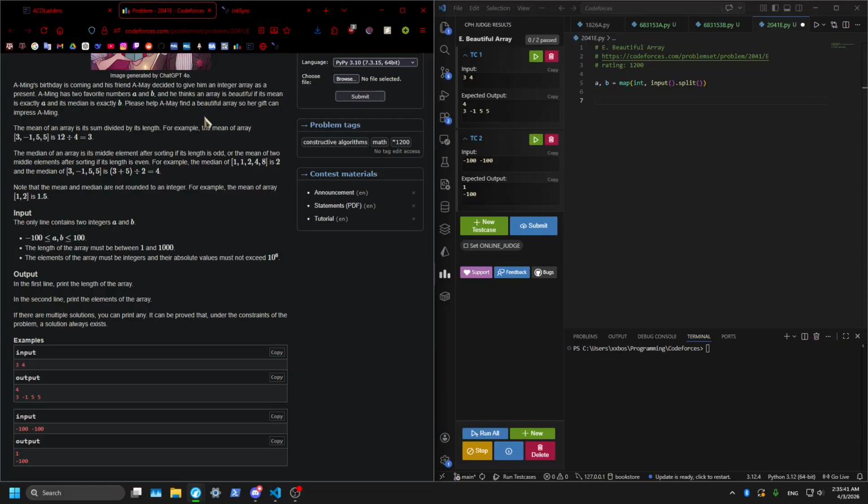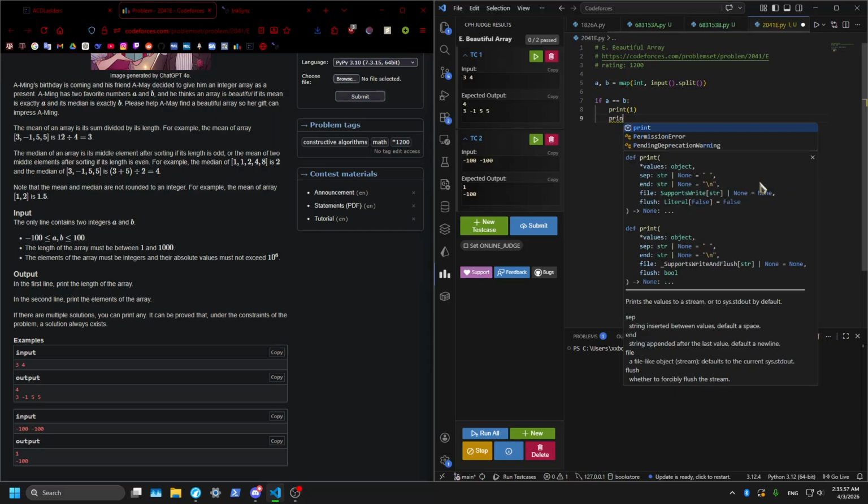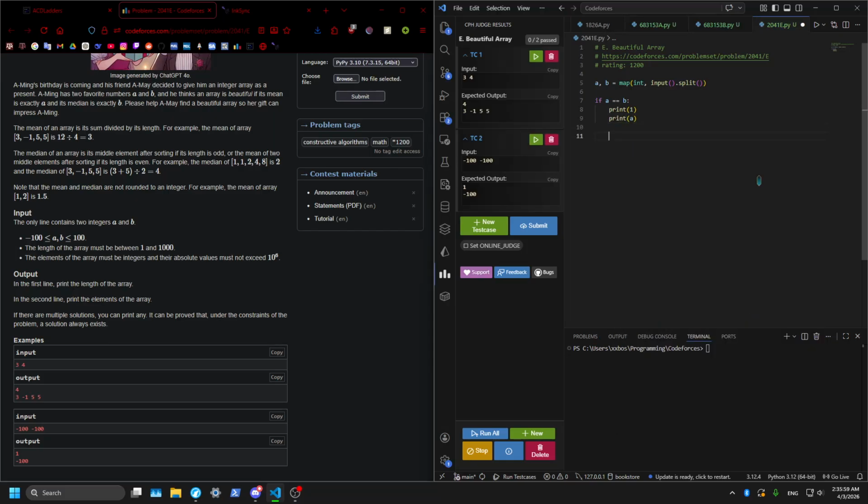So first, if A equals B, print 1, print A, right? Exit. Otherwise,